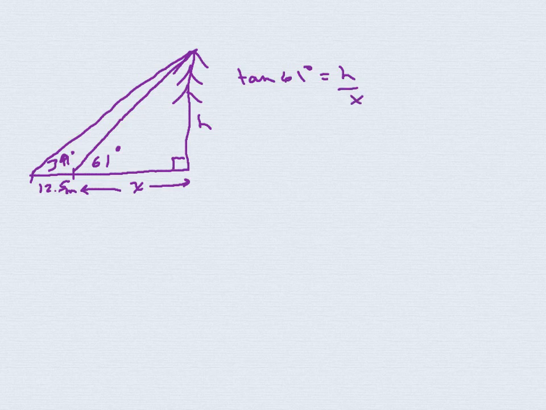And the same thing with the 39-degree triangle. If we did know the values, we could do the tan of 39, and we could use the opposite side of h and the adjacent side of x plus 12.5. The problem with this setup is that we have two different letters, and you can only solve a linear equation with one letter. We're going to use some fancy algebra skills to solve this. What you should see in both of these is a common side, which is the height of the tree, which is h. So if we were to rearrange the top formula for h